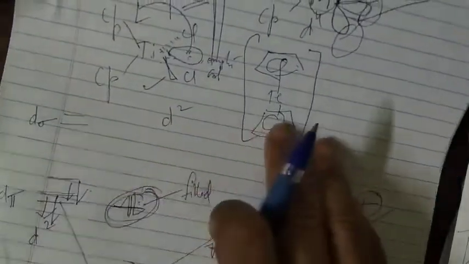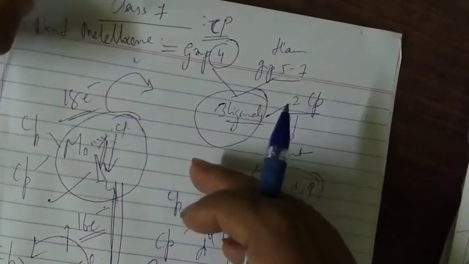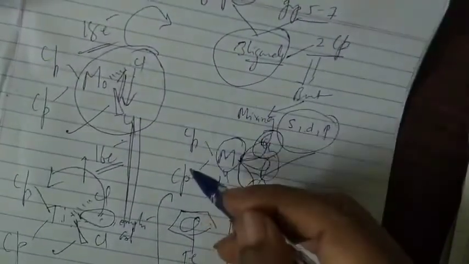Again we will go further as I get more points, and there will be more clarity on this cyclopentadiene as we go further and further. So there will be more simplicity for you students also to understand the cyclopentadiene and the nature and bonding in these metallocenes. Okay, hope you understood this. In the next video we will go for the next concept regarding structure and bonding. Thank you.